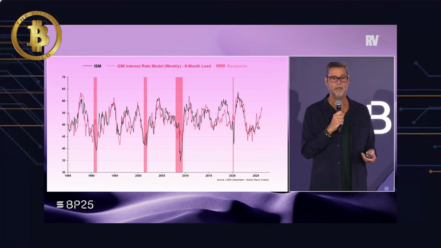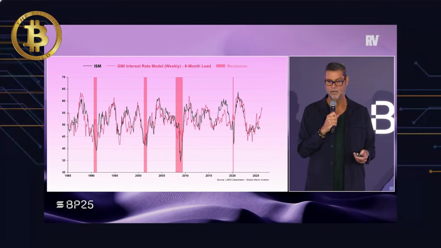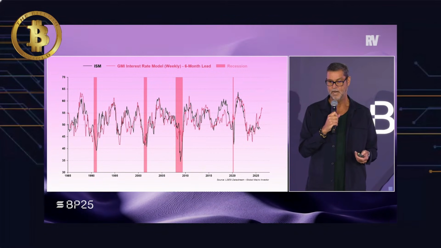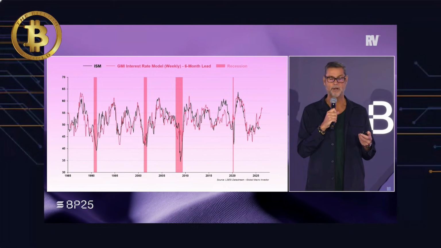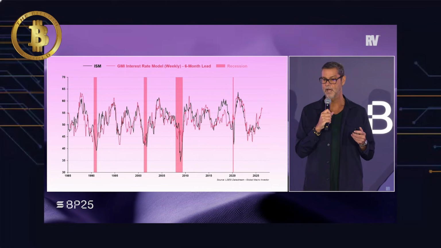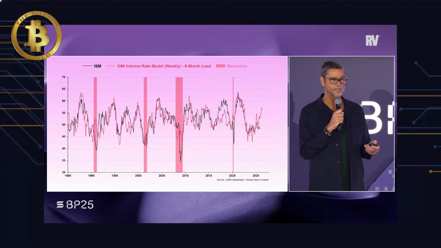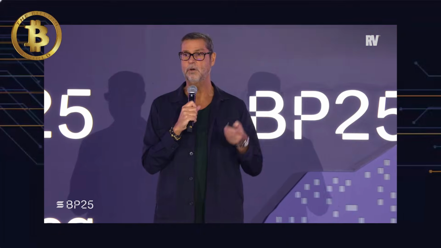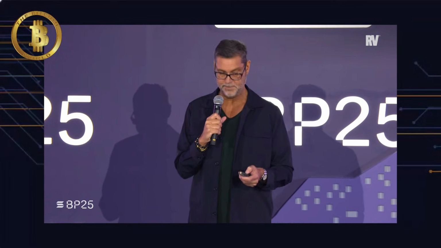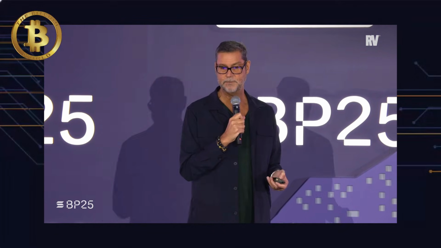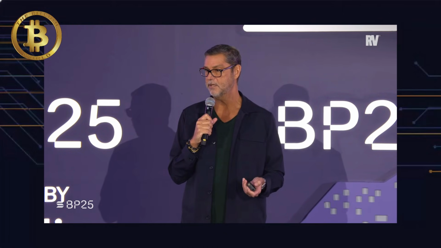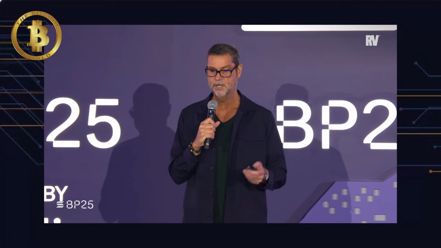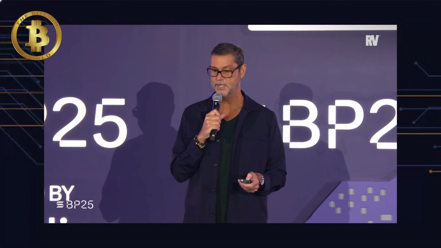So when we start looking at forecasting models of the business cycle, here's the interest rate model. That suggests to us that the economy strengthens fast and quite dramatically in the next 6 to 9 months. So that's good for altcoin season. That's good for crypto. That's good for all risk assets. Another way of looking at it is central banks. The number of them who are easing leads the business cycle, obviously, because they're cutting interest rates. So that tells us we've got a strong cycle still ahead of us.